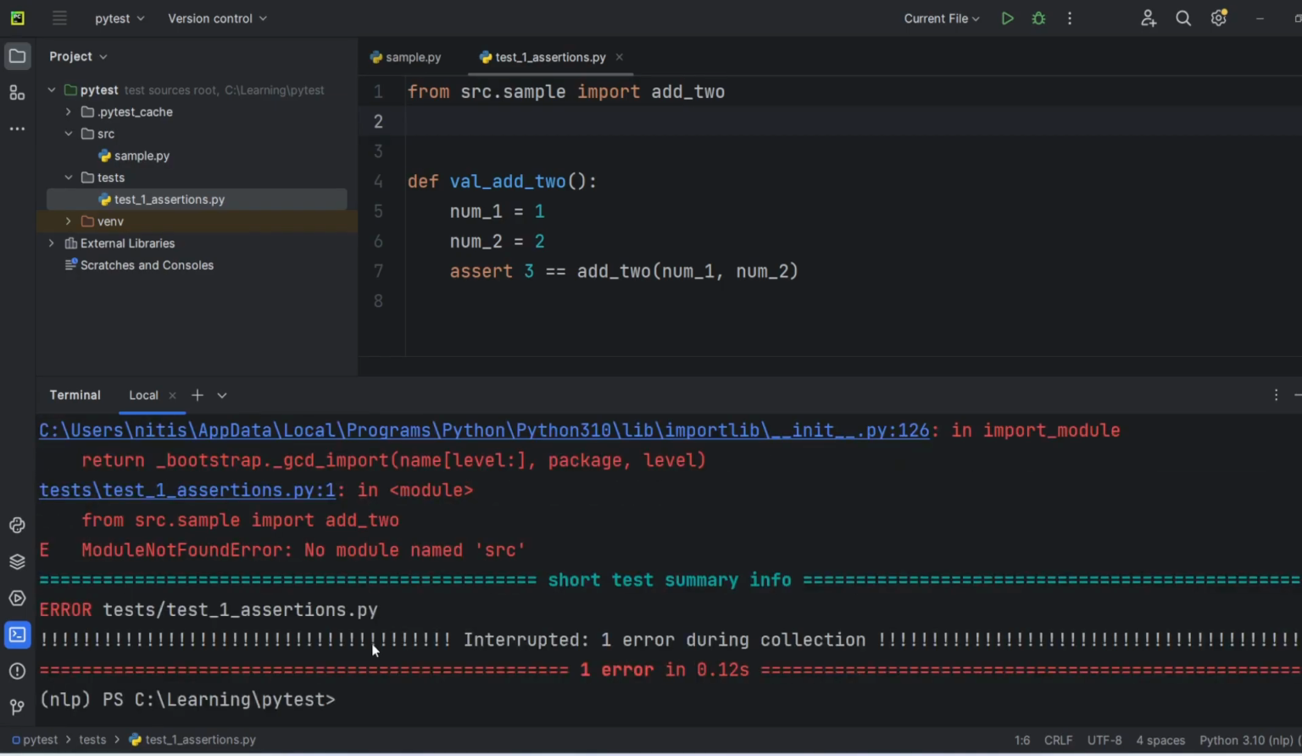Pytest, enter, and it is saying no module called src. So it is able to identify this is the unit test file, but then it's getting an error saying the src module it is not able to find. So for this error we have to execute it like a module. So python -m and then pytest,